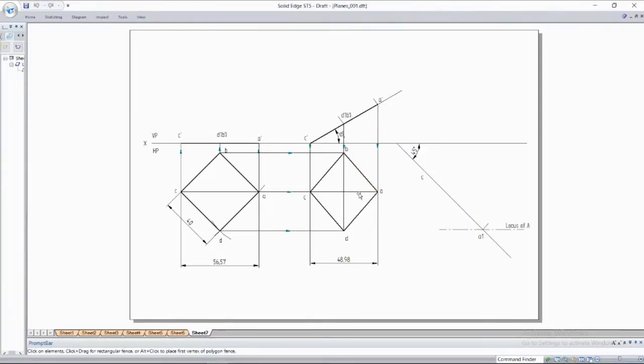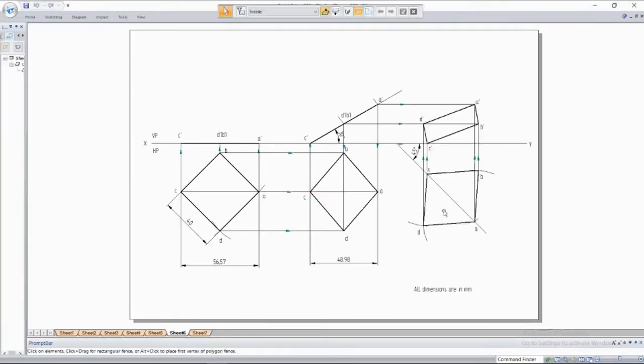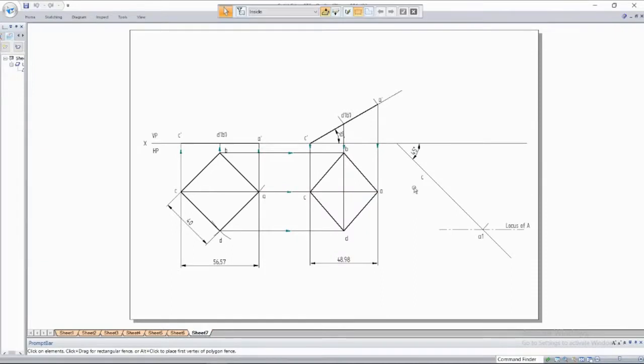For that, first you have to draw this apparent length of the diagonal and obtain the angle of the apparent length. In the previous problem, the apparent angle was given directly. Here they have given it with respect to the true angle. Now we have to first obtain the apparent angle. First transfer this true length of a diagonal onto this 45 degree line. Then you have to measure this.